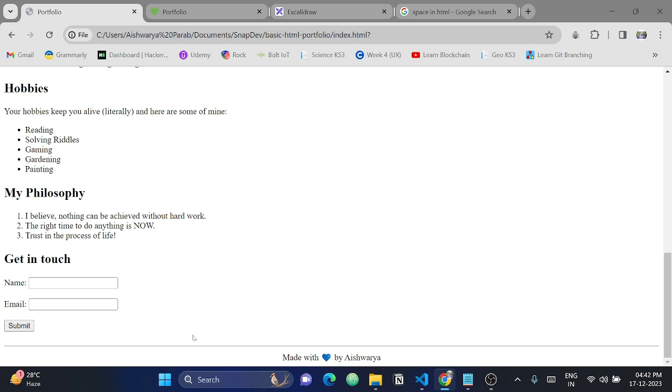Now one last thing that I wanted to test here is the validation of our input tags. Now we know that for the first input tag we have given a type of text, but for the second input tag we have given a type of email. So why have we done that? Let's see that now. If I just give Ash as my email, and if I type Aishwarya here because that is my name, and now if I hit the submit button, you can see that there is a validation message given to me, and the validation message says that please include an @ symbol in the email address